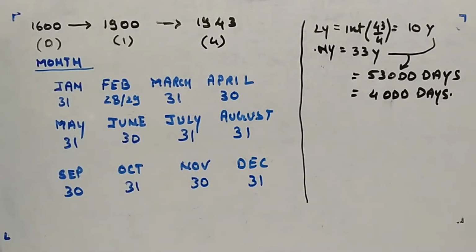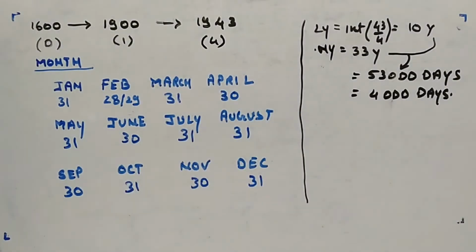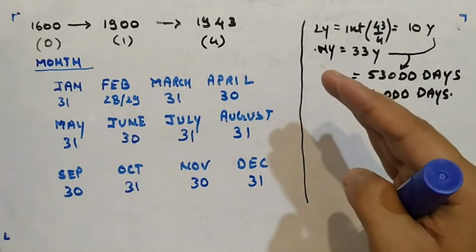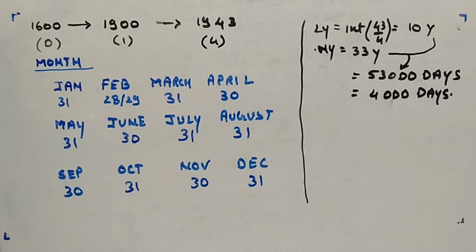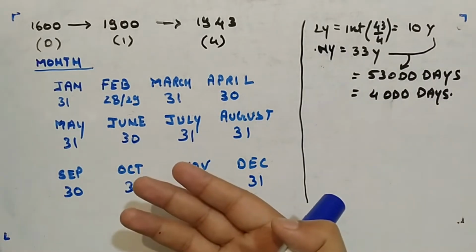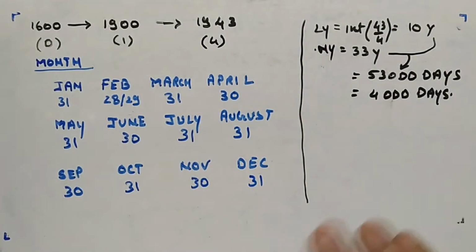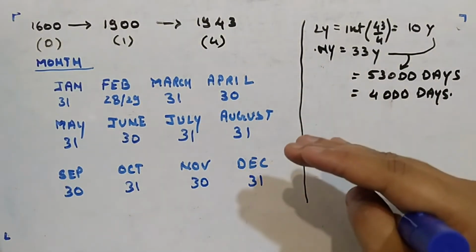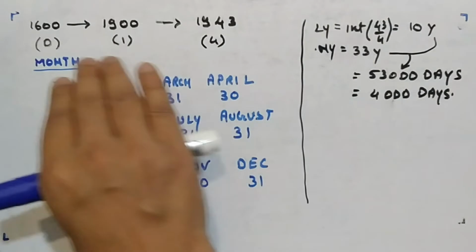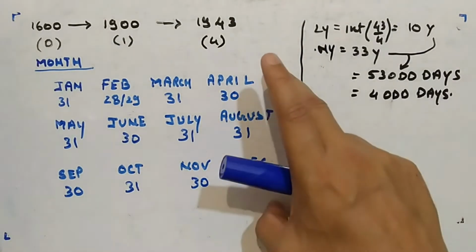Now comes the month concept: how to figure out the number of odd days depending upon the month given to you. You have to go step by step. First you target the year, then the month, then the day. That is a clean procedure. If you randomly calculate for month and day, it will not give a feel. So we started with the given year and reached here, and in total we have 0 plus 1 plus 4, that is 5 odd days. Now we have to look at the month.